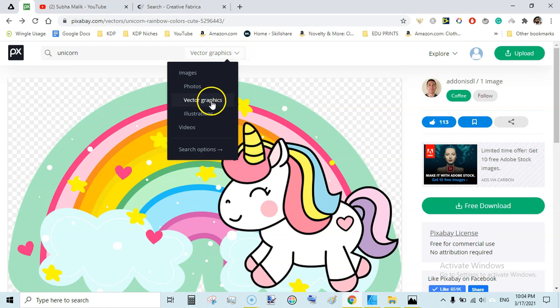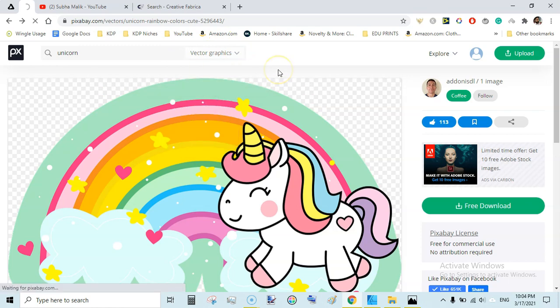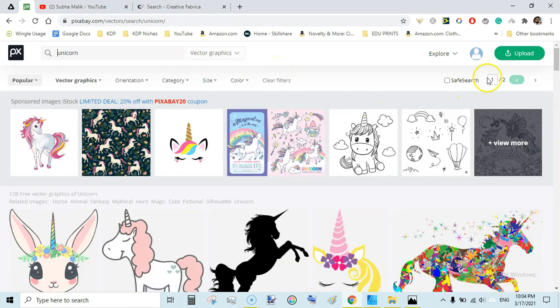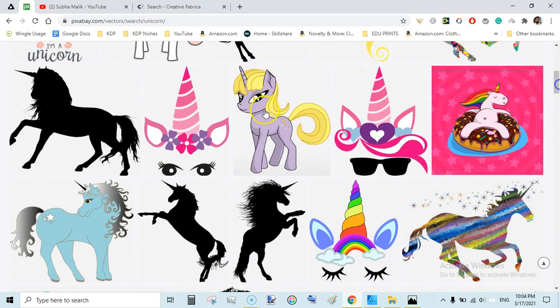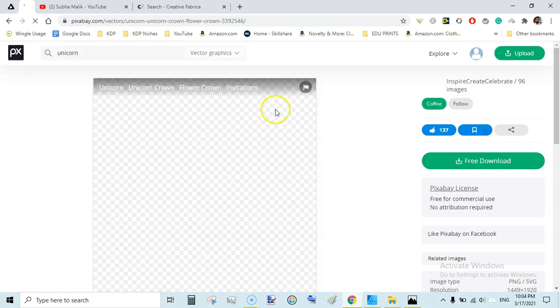Type unicorn here and go to vector graphics, and here download some unicorn image. I am going to download this one.